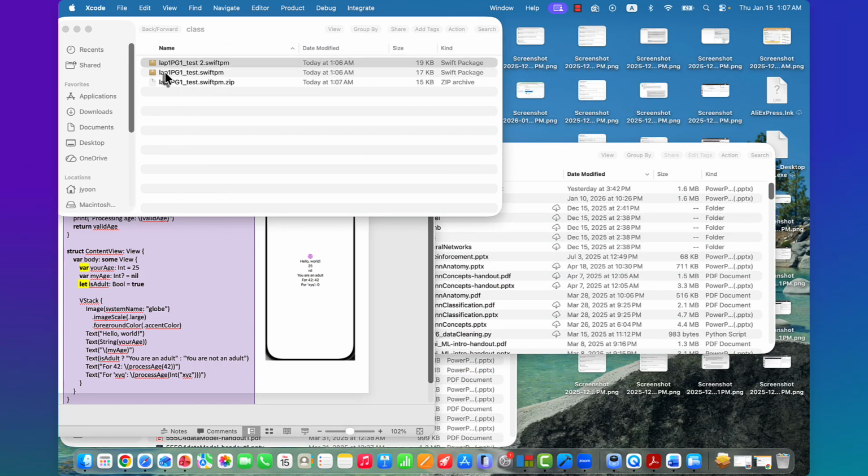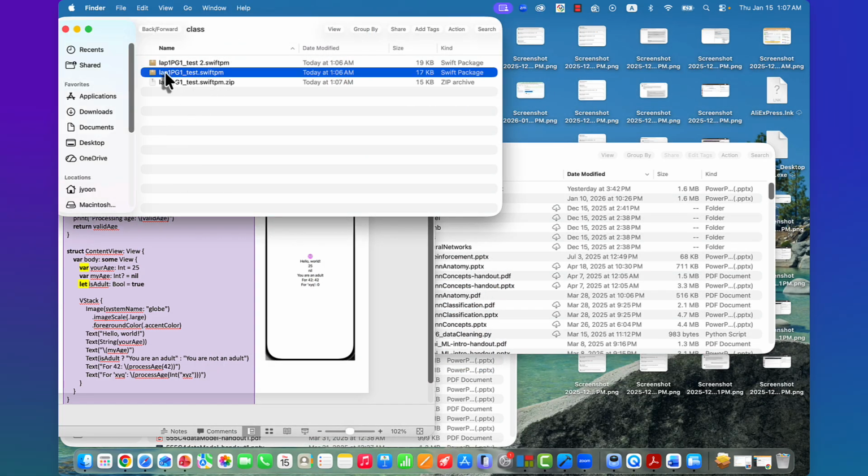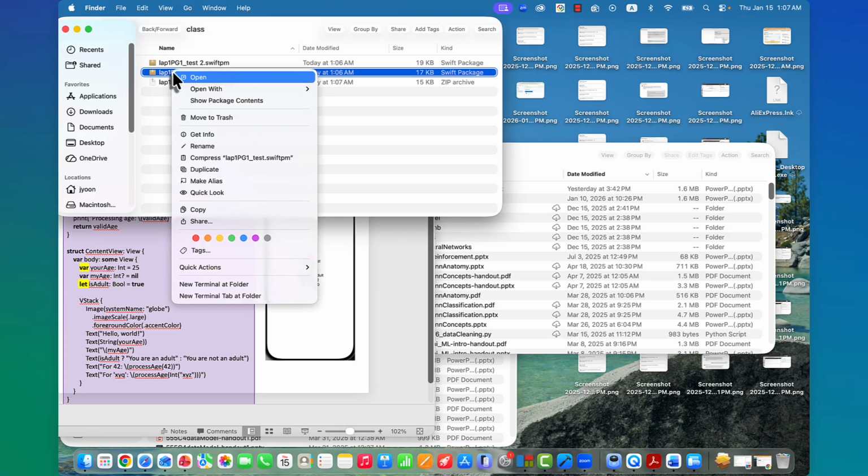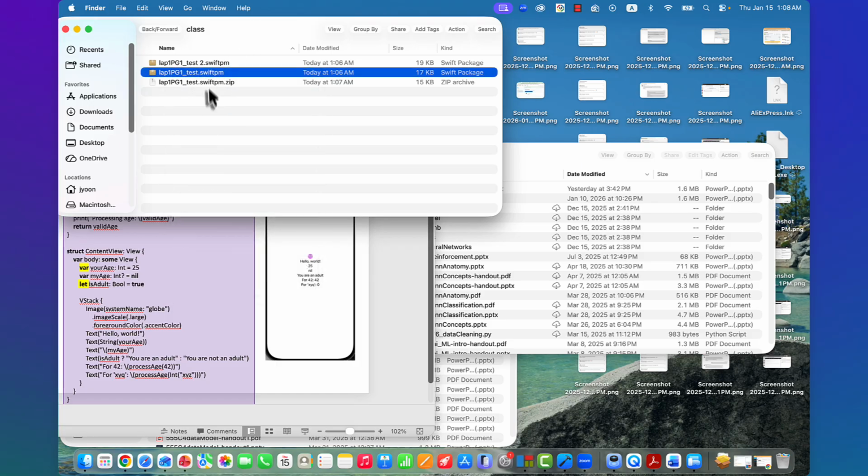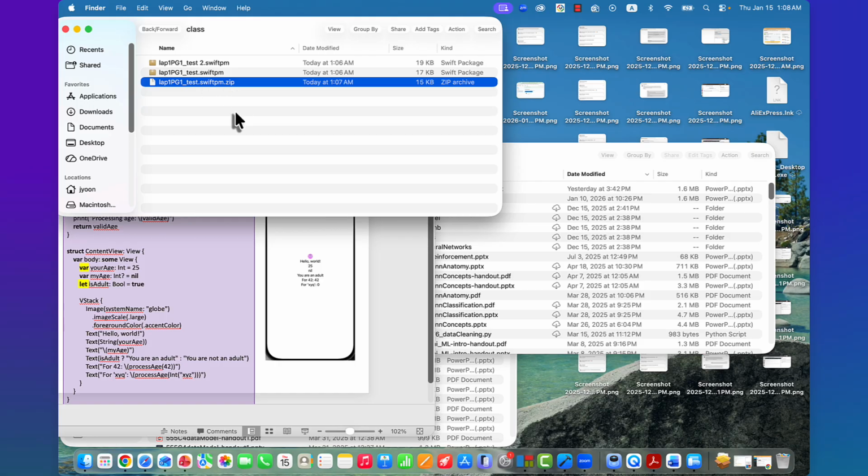So what you need to do is make the compress, and send those compressed files, which are zip files, as your deliverables. Okay, I think this is it.